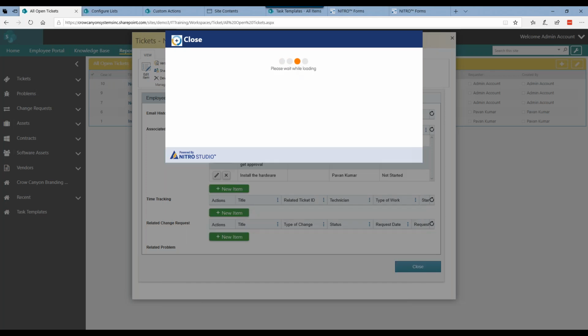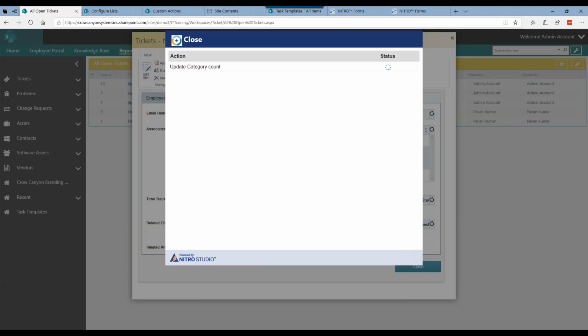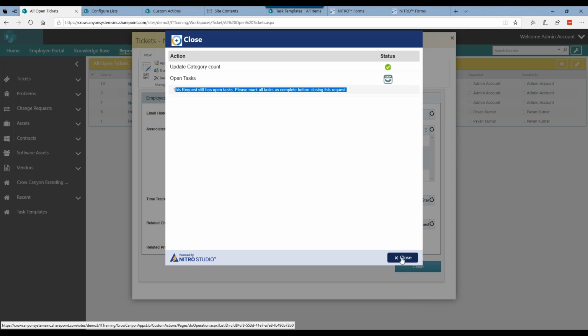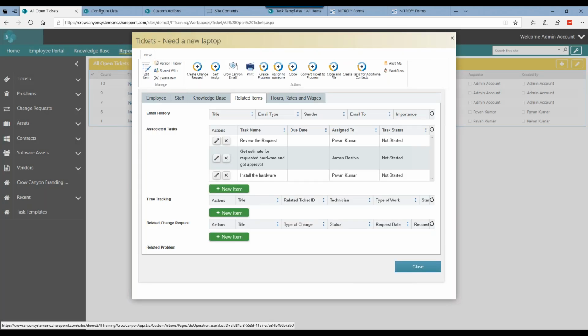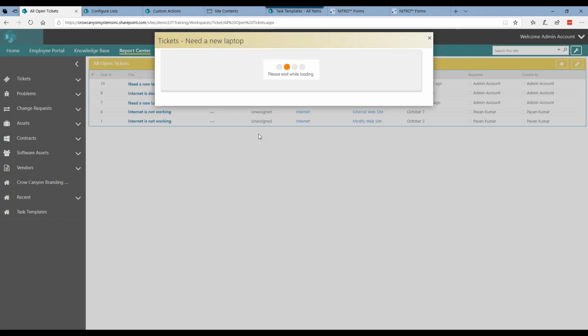We're going to do that, and it is going to tell me this request still has open tasks. Please mark all tasks as complete before closing this request. Okay. So to do that, we can go to our task,